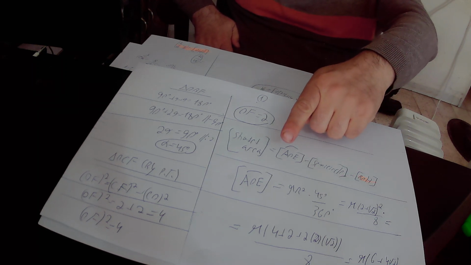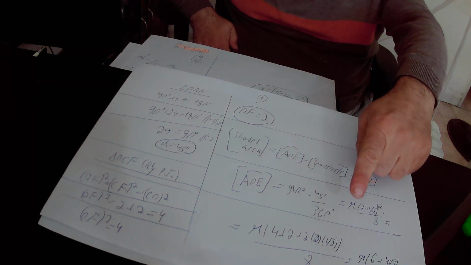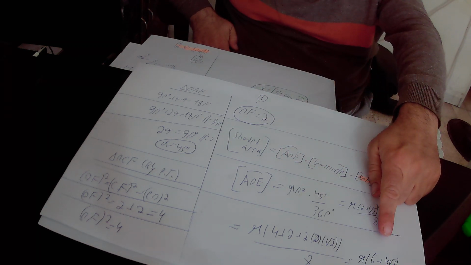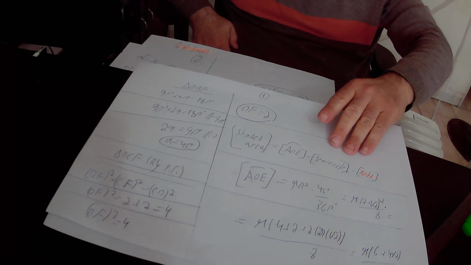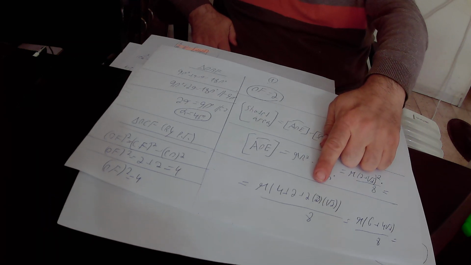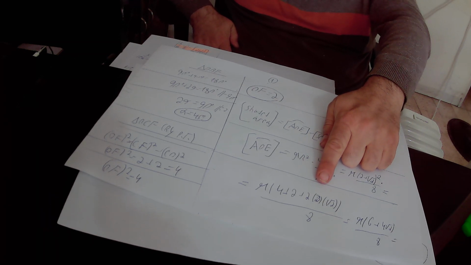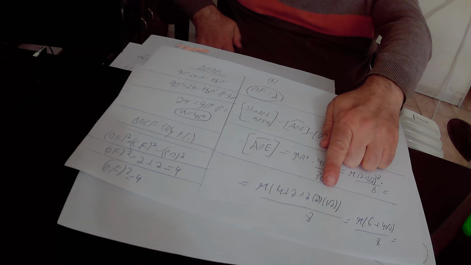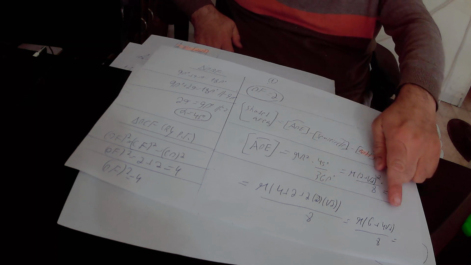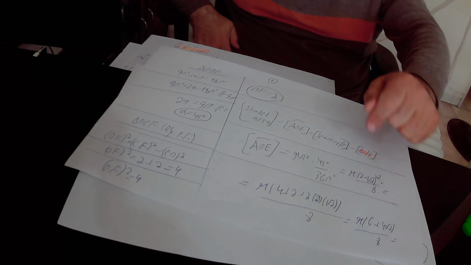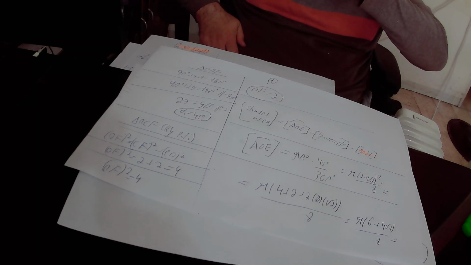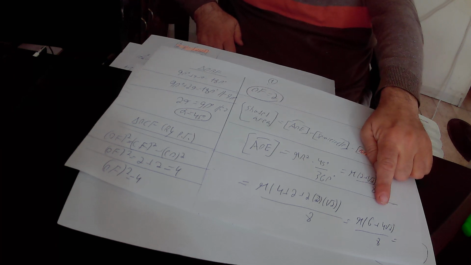So the area of the quarter circle will be equal to pi. Inside the brackets we have 4 plus 2, that is 6, plus 2 times 2 times square root of 2, that is 4 times square root of 2, divided by 8. Here we divided both the numerator and the denominator of this expression by 2, and actually found out that